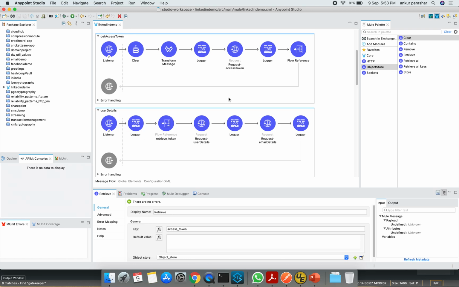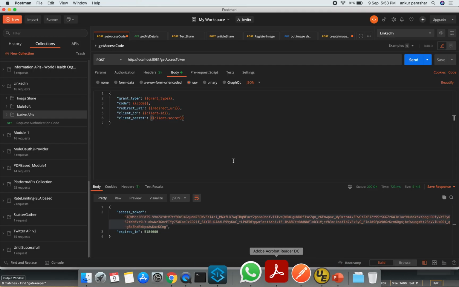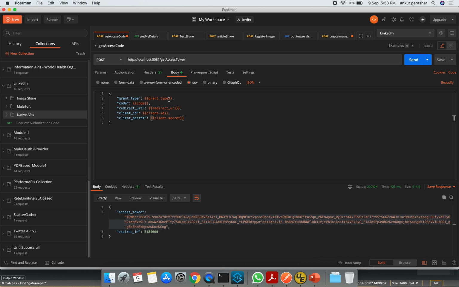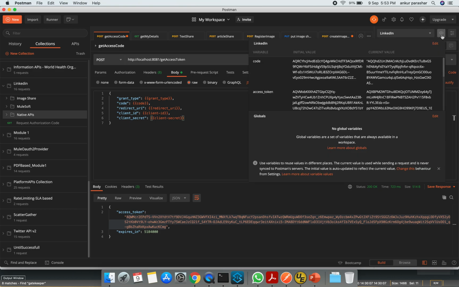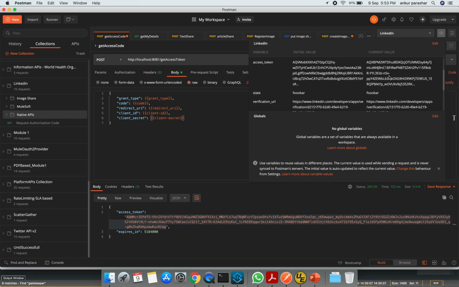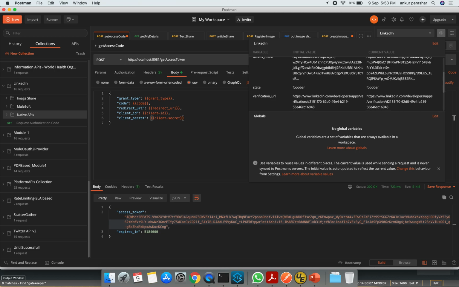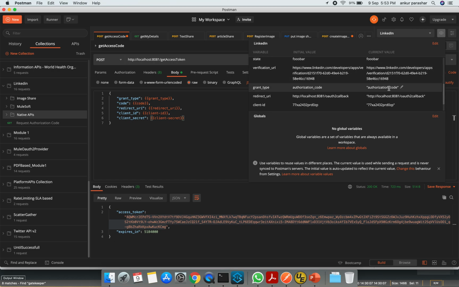Now this particular part I have already done using my Postman. Let me give you a glance at it. The code I have generated from that URL, and the grant type will be the authorization code we have just generated from the URL.